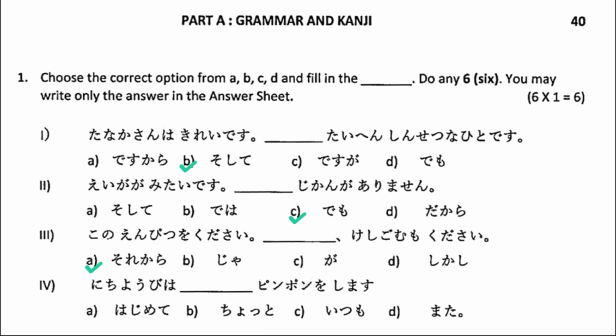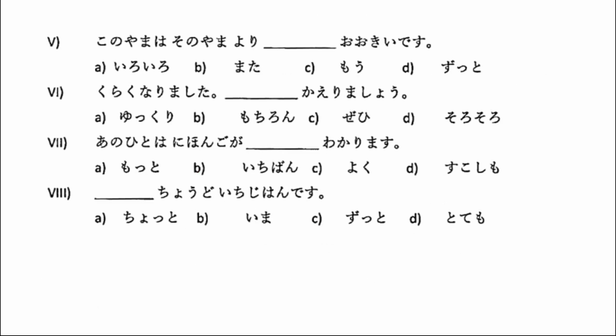which means and then. And the sentence will become この鉛筆をください。それから消しゴムもください。The fourth sentence is 日曜日は、Dash ピンポンをします。The options are 初めて、ちょっと、いつも、また。The correct option here will be いつも which means always. And the sentence will become 日曜日はいつもピンポンをします。The fifth sentence is この山はその山より dash 大きいです。The options are いろいろ、また、もう、ずっと。The correct option here will be